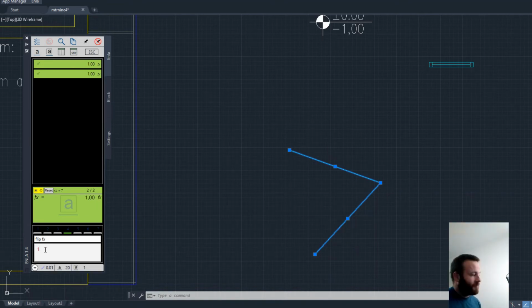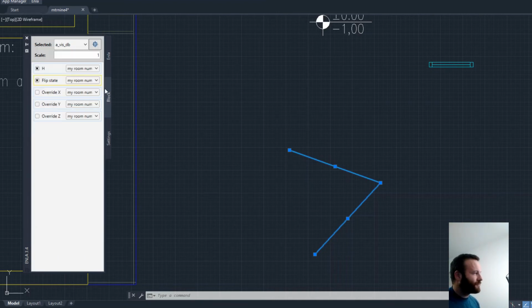It's just 1, but it can also be some math equation, doesn't matter. I have 1, and here I say this flip state is going to be that same function. So this way you are actually going to control the flip state of this dynamic block. So let's try,